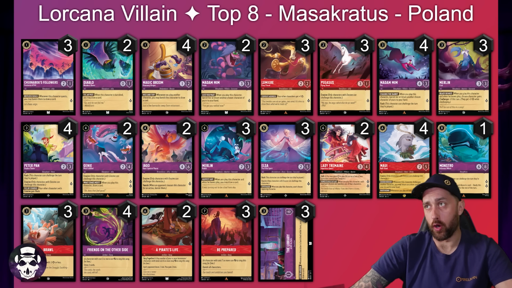2 snake, 4 fox, 3 crab. We're also playing some cool 2-drops. 3 copies of Pegasus, who's a 3/1 with evasive. If you're against Emerald Amethyst, this Pegasus really causes them a headache. They struggle to answer it, and it just locks down their Diablos, and it puts in a lot of